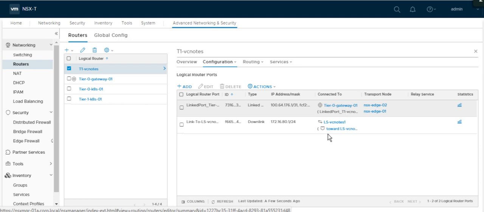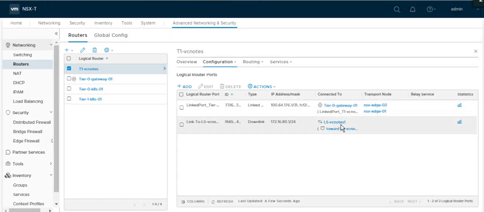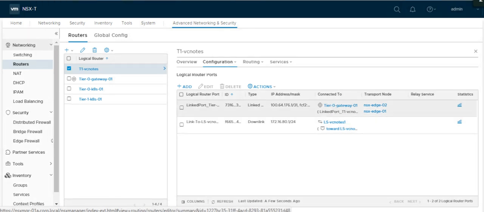It has the downlink with the ls-vc nodes logical switch where my virtual machine is residing. I hope the topology is a bit clear, and this tier 0 gateway has the uplink with the physical router to go to the external environment. So this is the topology.